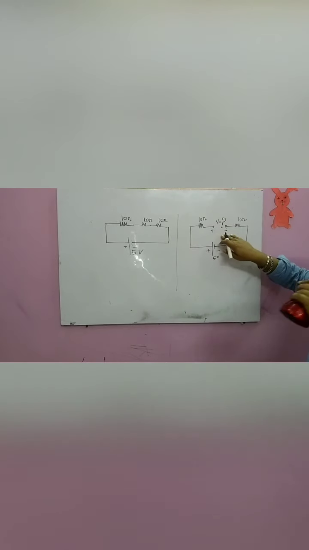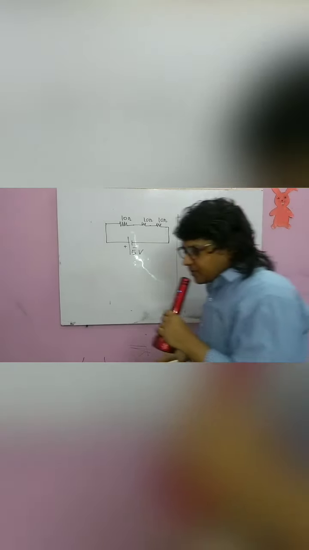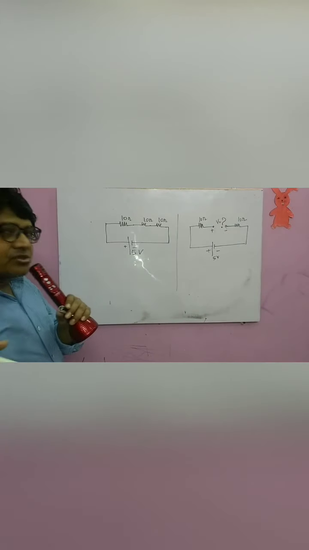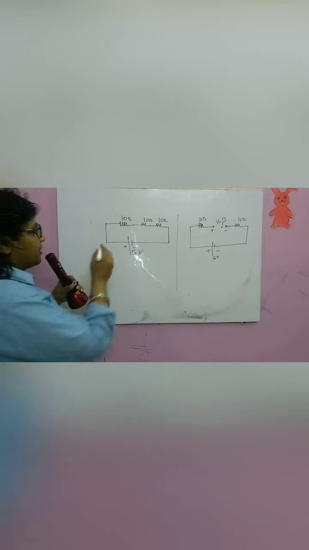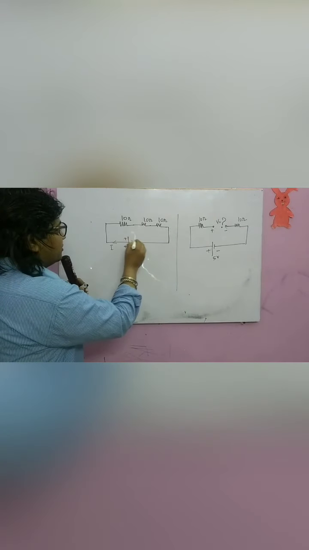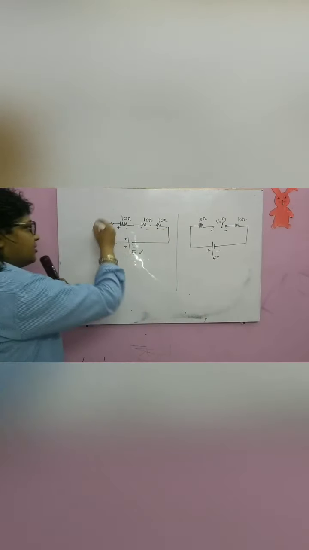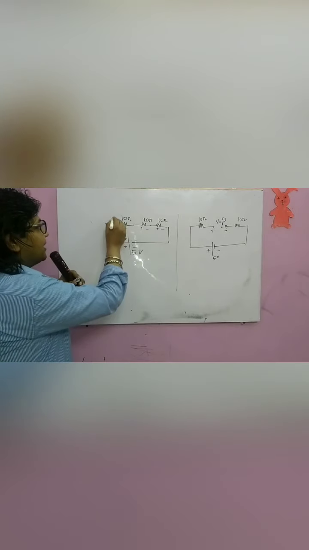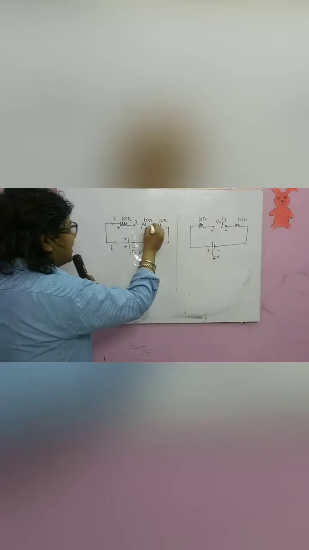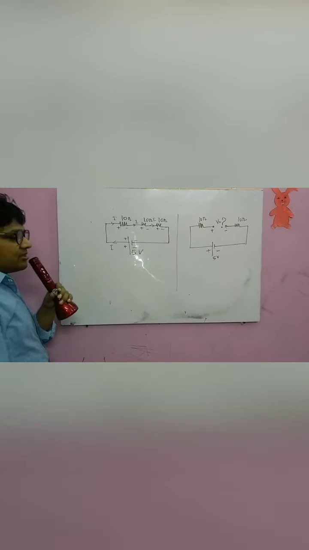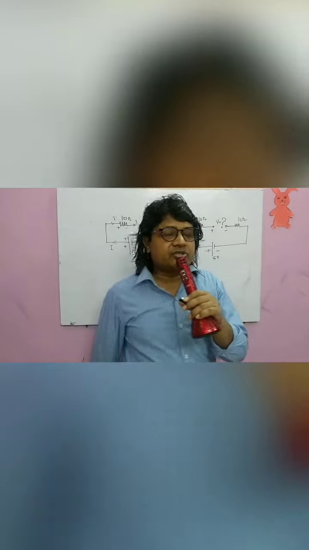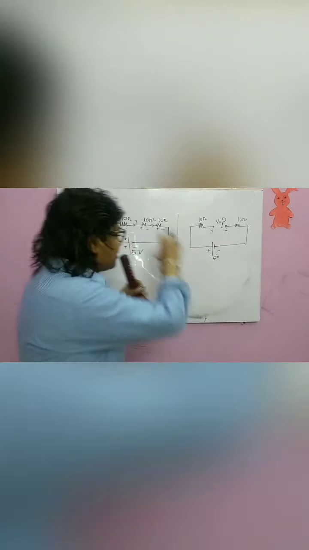We call it open circuit, right? In electrical technology terms, this condition is called open circuit. So it was a very simple problem. It was not a big question. It was very simple because you have already gone through the KVL equation. So you can write the KVL equation here, right? You will write 10I here, flowing in all the 3 resistors, because they are connected in series. It is given in the question, because they are connected in series, the same current will flow.